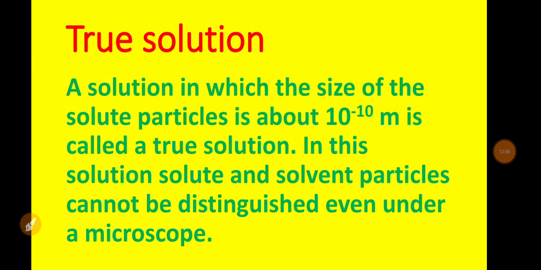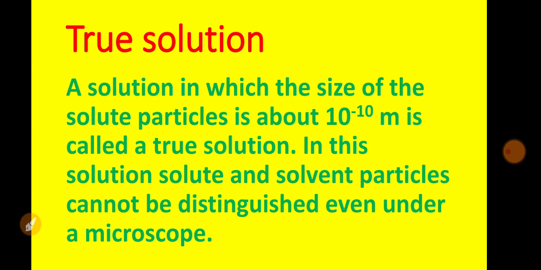Now, firstly we will discuss the suspension solution. A suspension solution is a solution for which the particle diameter is greater than 10 to the power minus 5 centimeter, which means its particle size is very, very big. You may see examples of suspension solutions in your daily life. You can prepare one also. If you add sand in water, you will get a suspension solution.